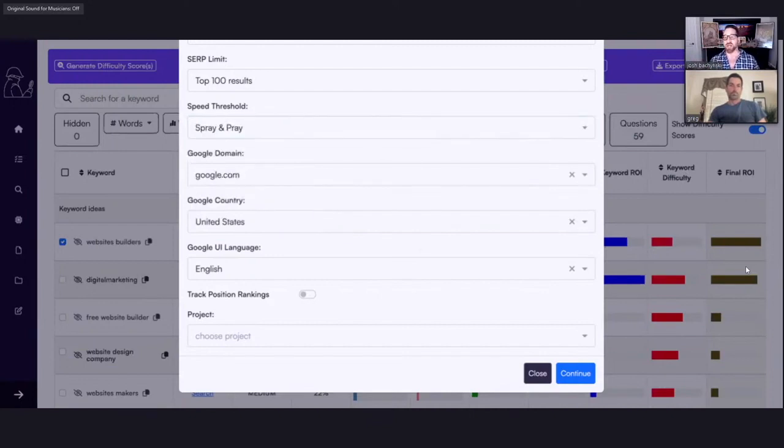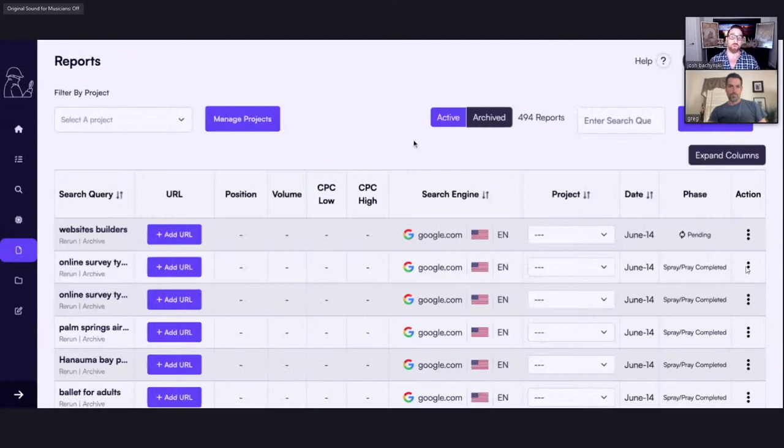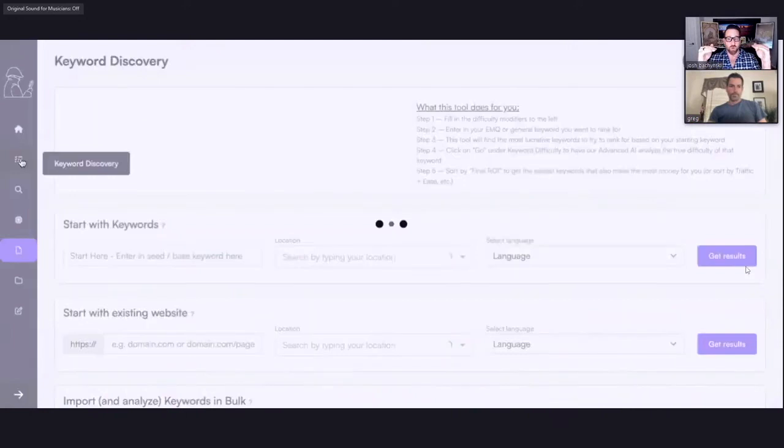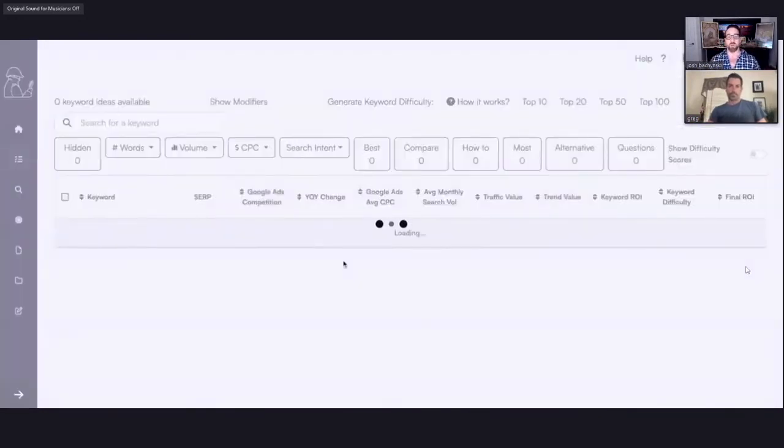I would do spray and pray, and it will build this page out for you. And you can just choose 10 pages here, 20 pages here, 50 pages here, and that's one way you can build out your topical cluster on middle of the sales funnel queries that will make you the most amount of money. So that's one way of doing topical clusters. Greg, did I forget anything?